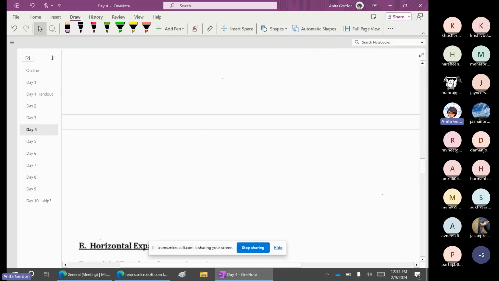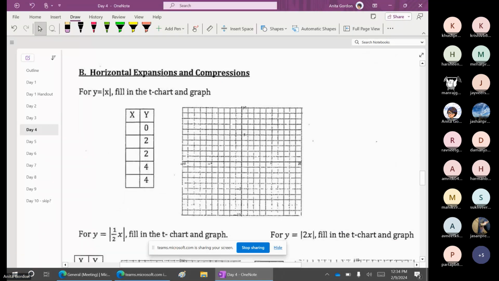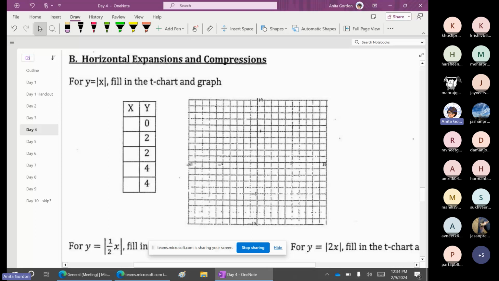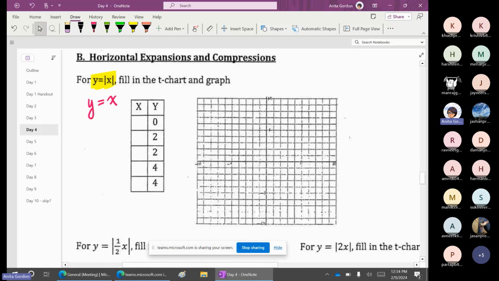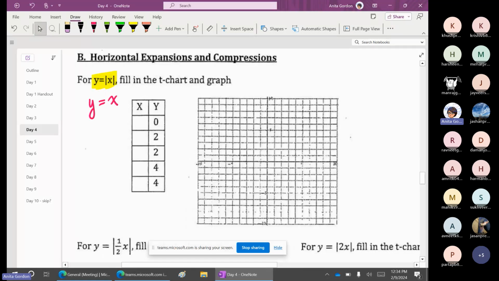Okay. This one was challenging a little bit for the other group because now we're going to do stretches on the x. So we have to work backwards when we are given the y. An absolute value function essentially is the same as saying y equals x, but it has to be positive. So if x is negative, you're still going to have a positive output y. So if y is 0, x is